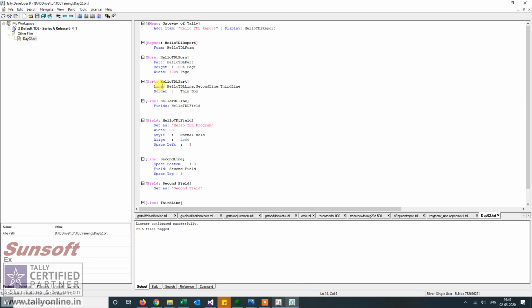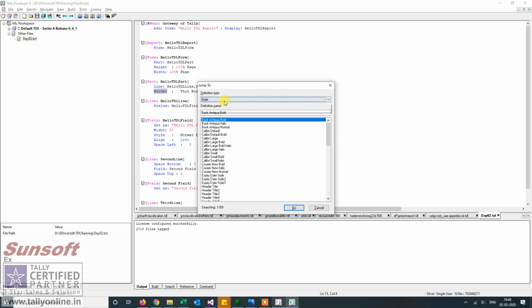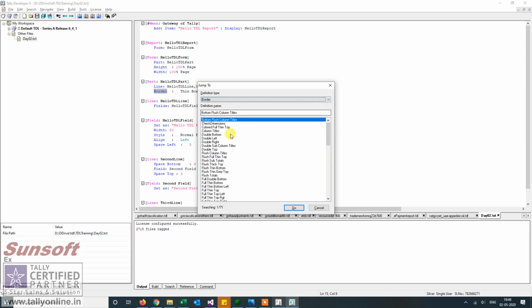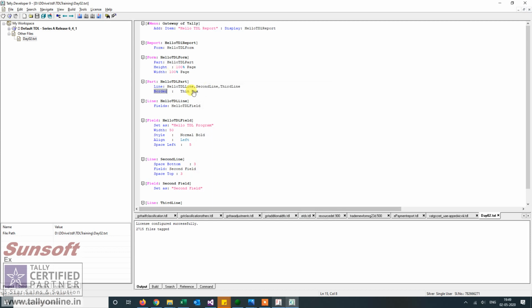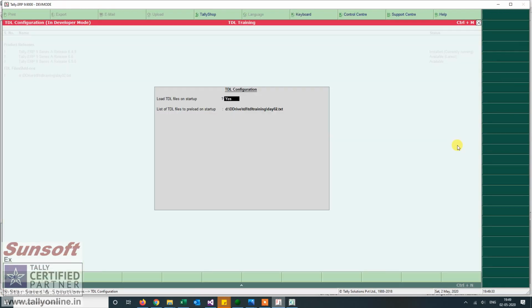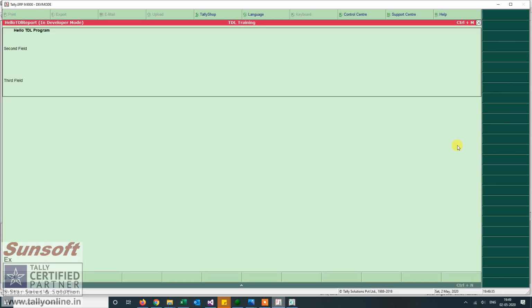Again, to see what kinds of borders are available, I press Ctrl J, and in the border section I will see the different types of borders which are available. Right now I am using thin box, and we'll see in later sections how we can define our own borders.